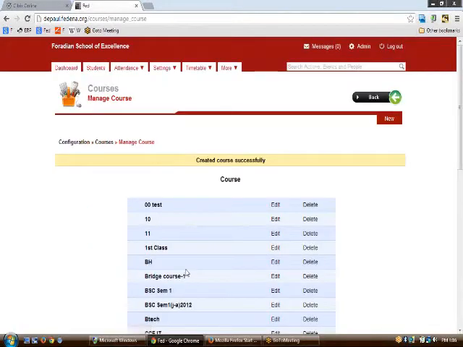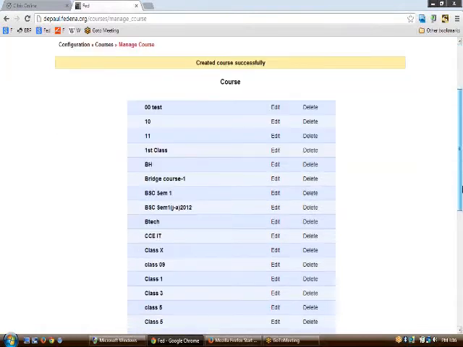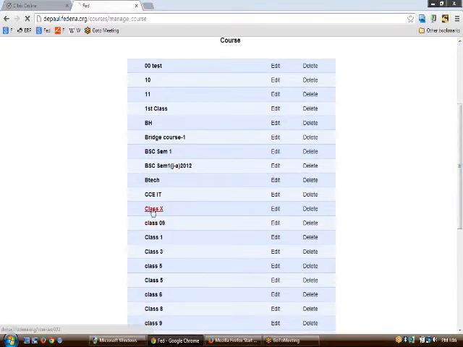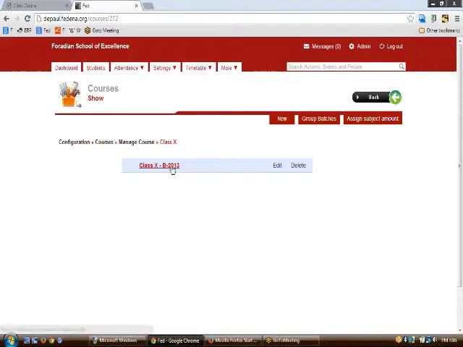So this would mean that you have created a class called class 10 with the batch name B 2013. If you want to create more batches, you can also do so using this new link from here.